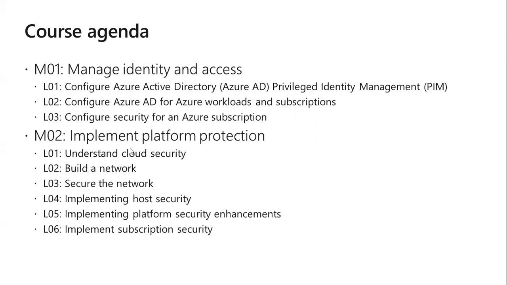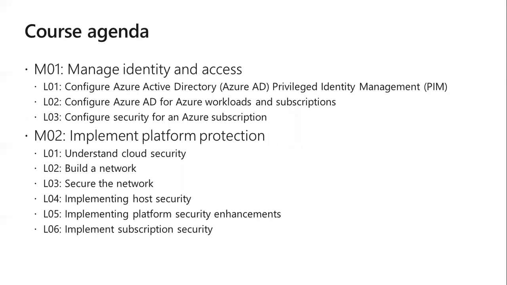In module 2, we try to talk about implementing platform protection. So when we say implementing platform protection, if we will be creating servers, if we will be creating machines in Azure, before we do that, we first need to create a network. So how do we create a network in Azure? How would we be able to create a network in Azure? After creating a network in Azure,